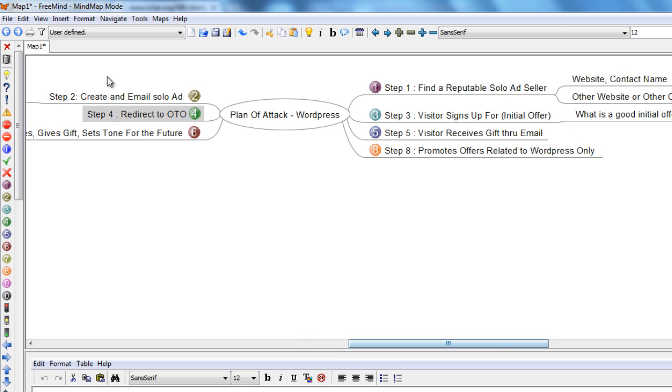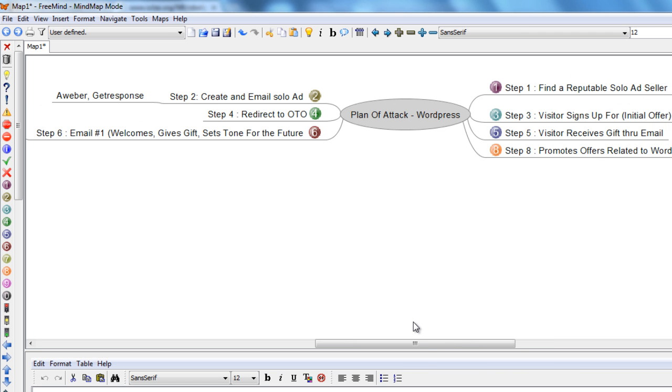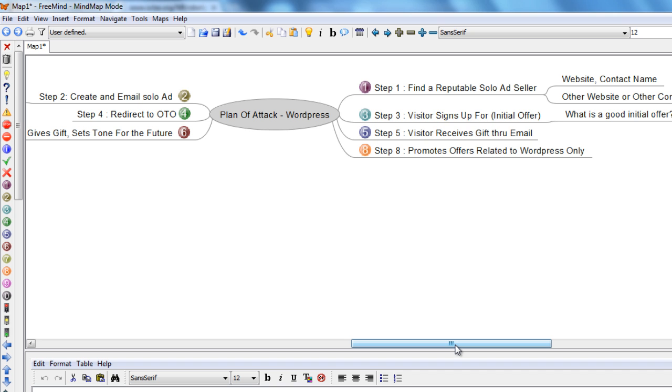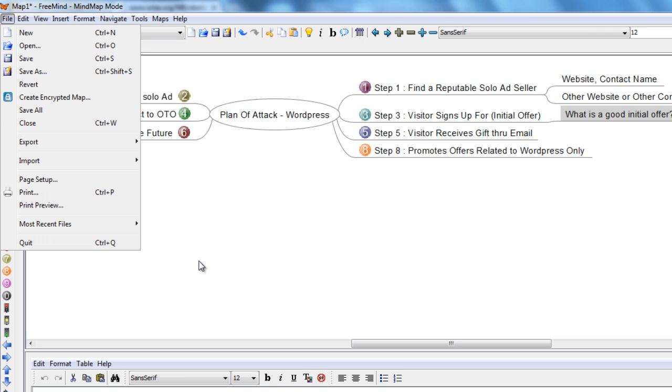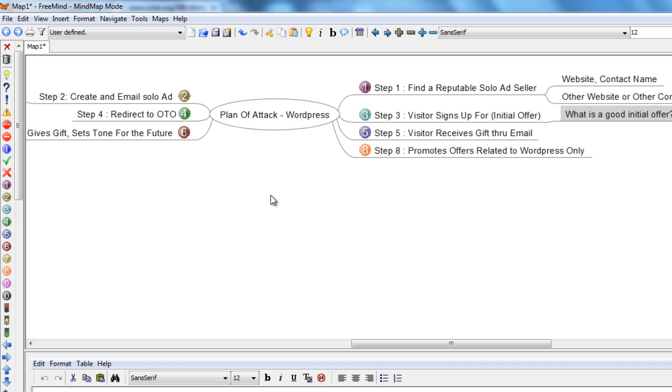And of course you can include details about what your initial one-time offer is and so forth. Another thing that you can do to help you easily get this done next time, if you do it once, you do it over and over again, is to create a template like this. Don't fill in the details just yet, but create a template, and of course save it as a file, and then whenever you want to create a plan of attack,